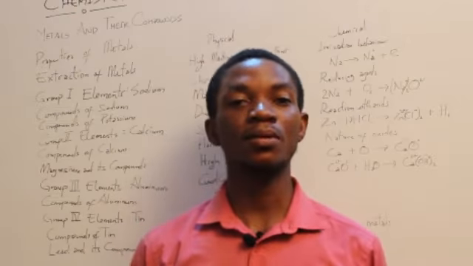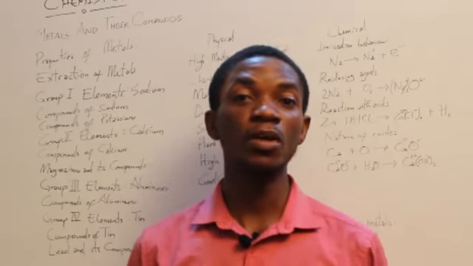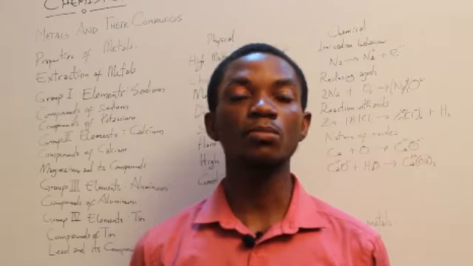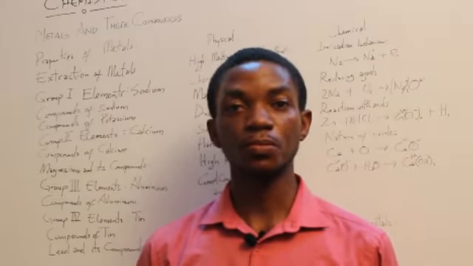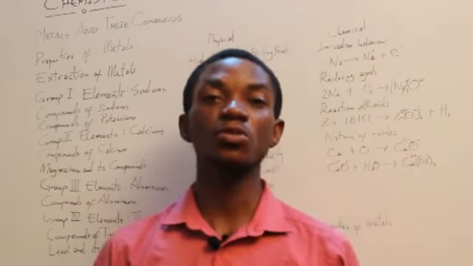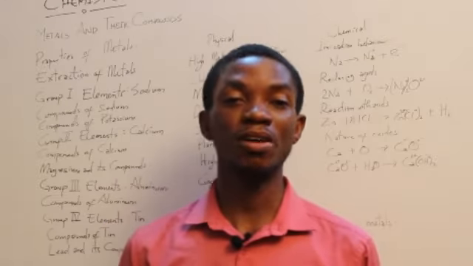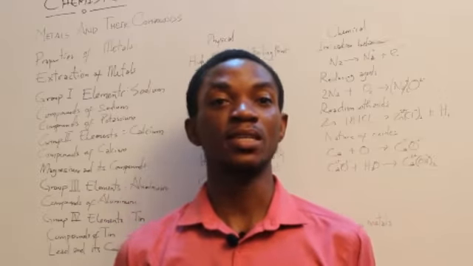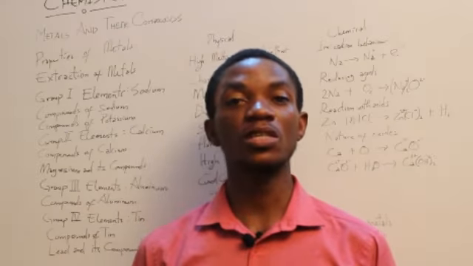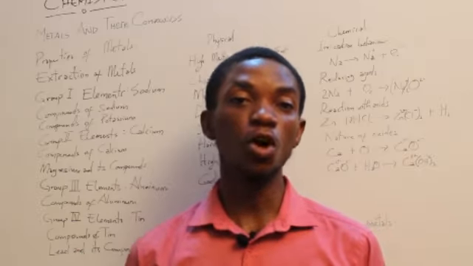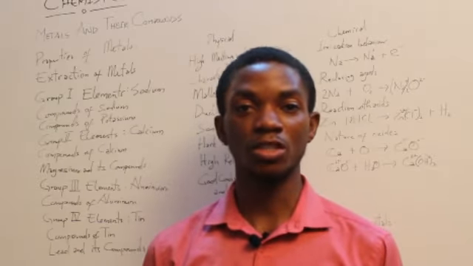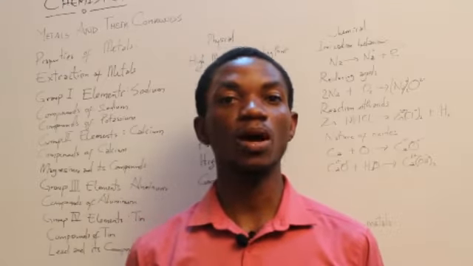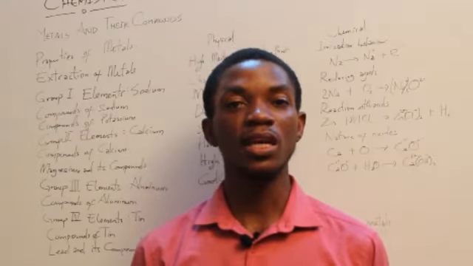We've been talking about elements liking to be in stable form. When they want to be in a stable form, some of them do lose electrons, some of them do gain electrons. So, for any element to be in a stable form, it has to ionize, which means it would either lose some electrons or it would gain some electrons. Metals do lose electrons, while non-metals do gain electrons.